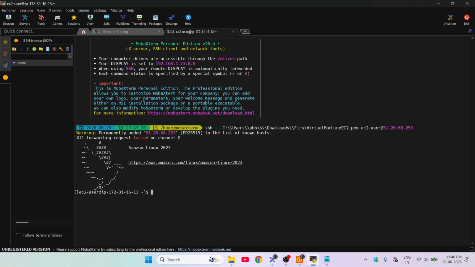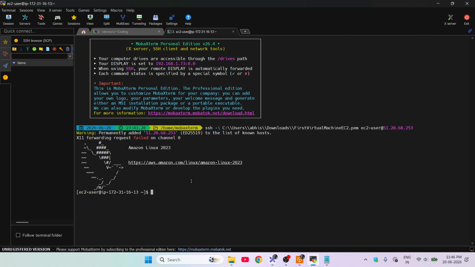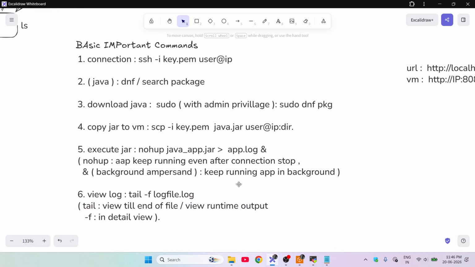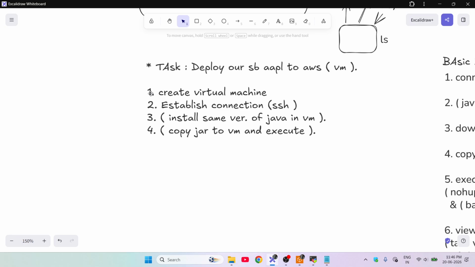Okay, so we are at ec2-user. So we are at a virtual machine. Right now we have successfully established a private connection between our local system and that virtual machine. So now we have completed two steps: create the virtual machine and establish the connection, and now we have to